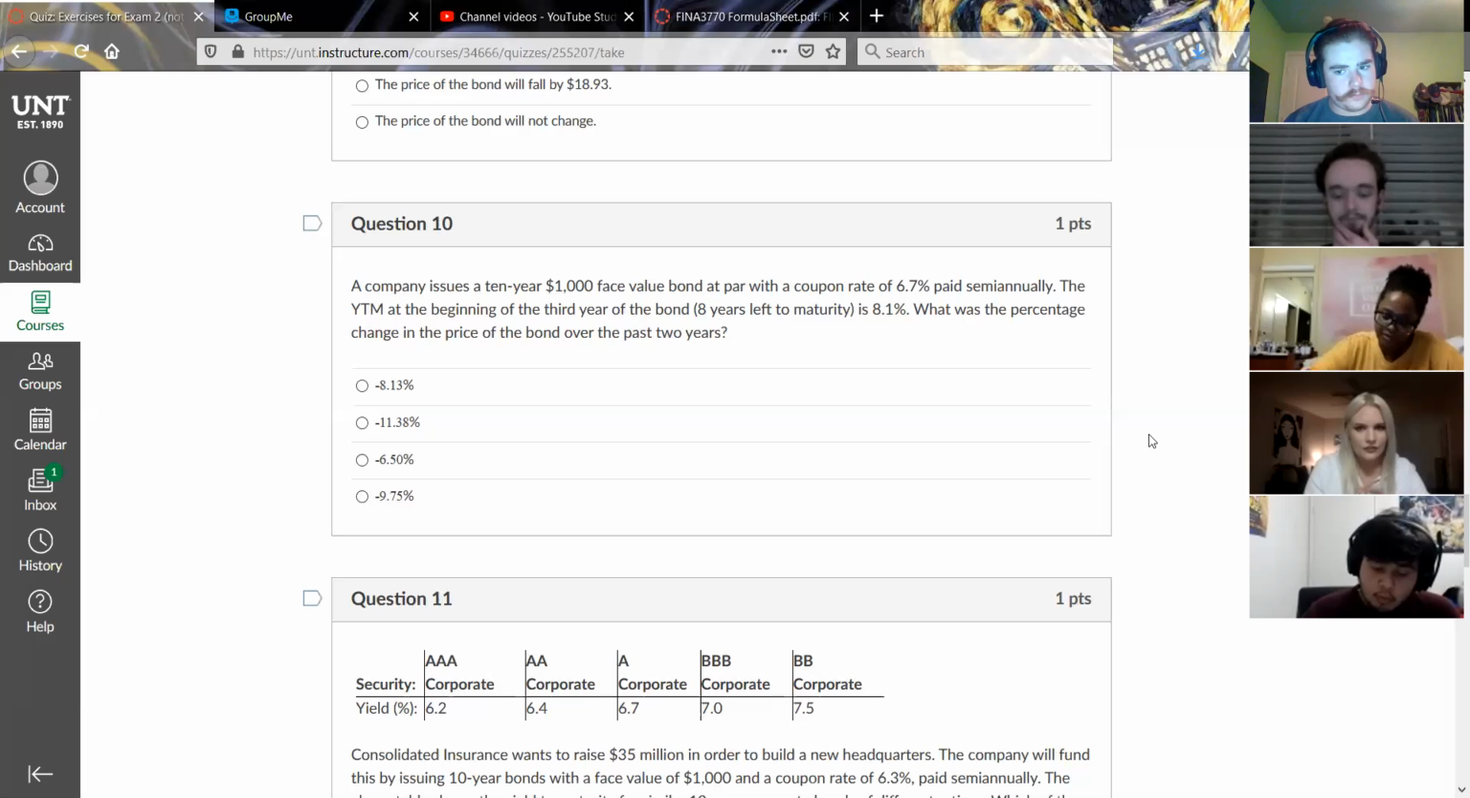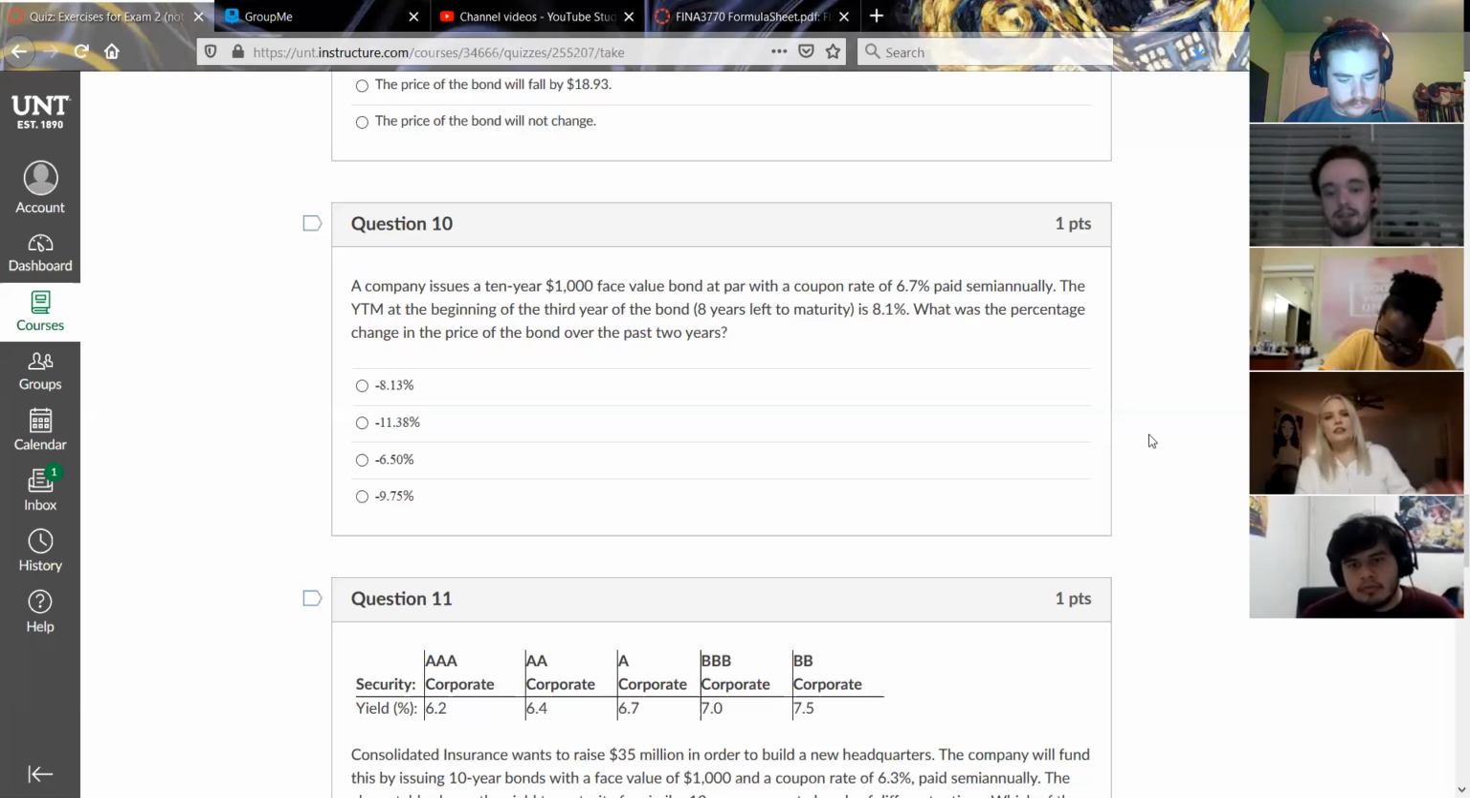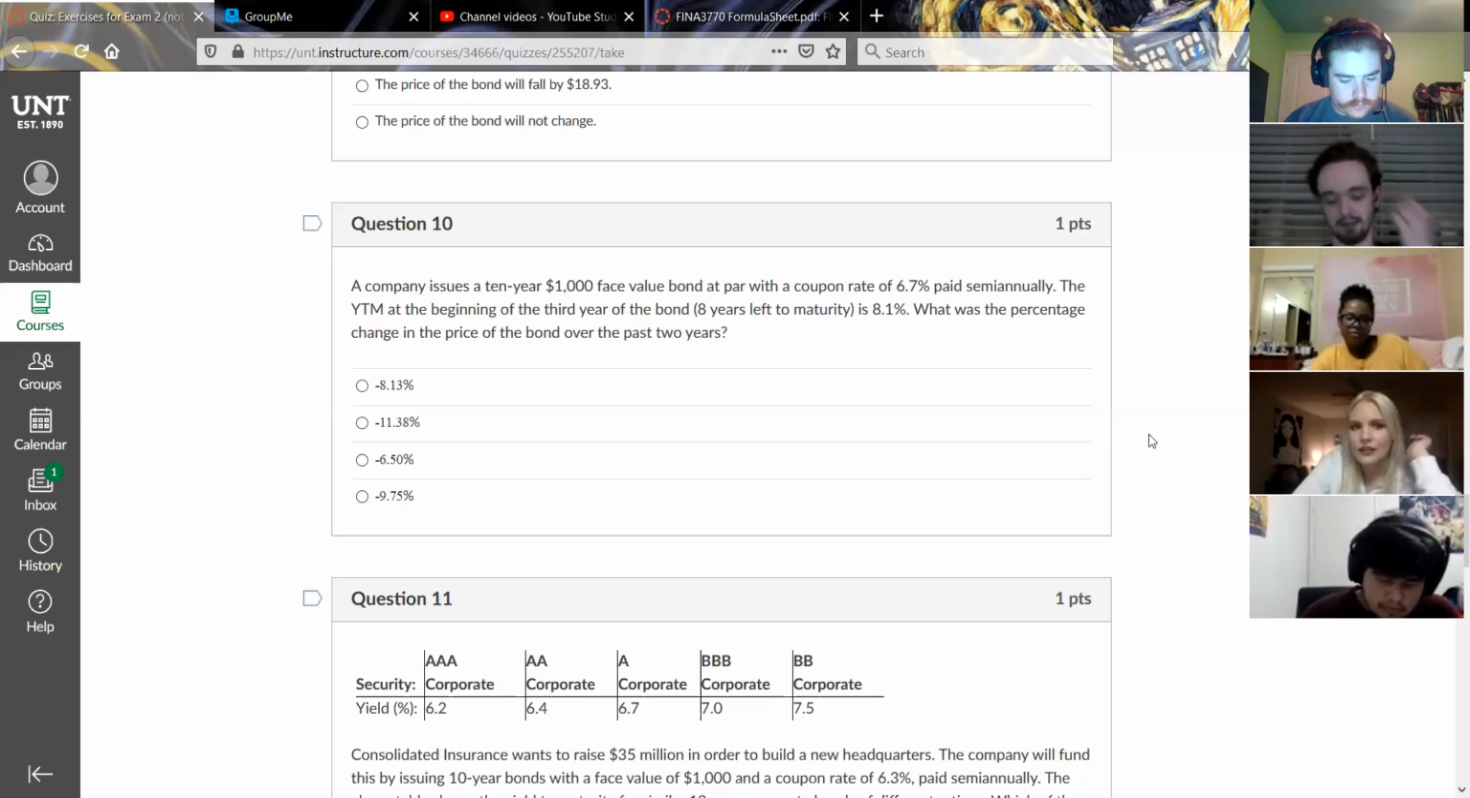Yeah. And then your number of periods is going to be 16 because what we're doing for this price is we're calculating the second part. And since there's only 8 years left to maturity, and since it's semi-annual, multiply that by 2, and it's 16. Wait, okay, I'm sorry. I'm still trying to figure out how we figured out